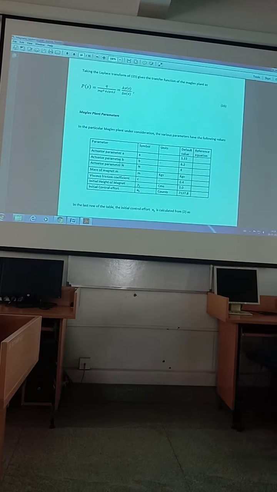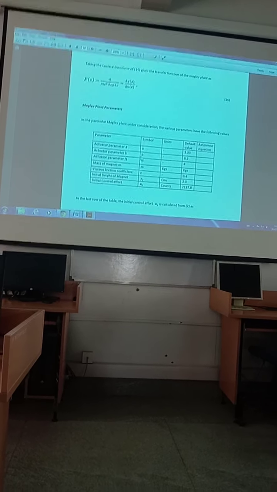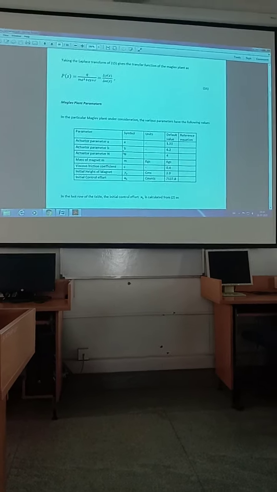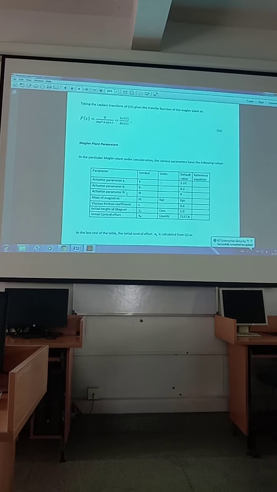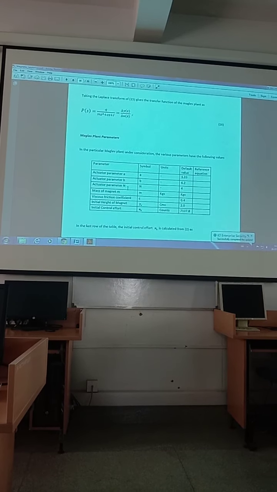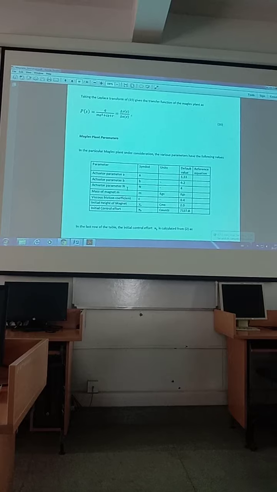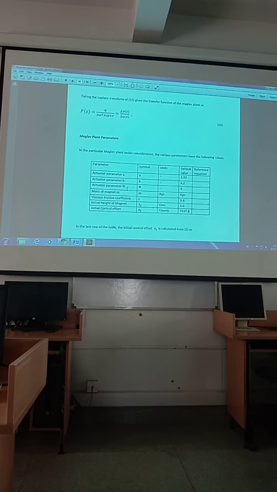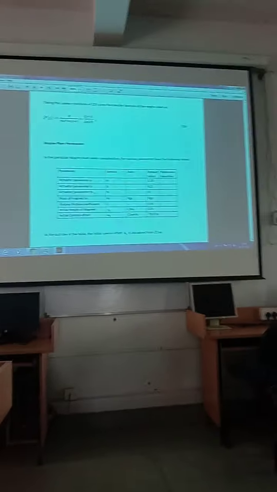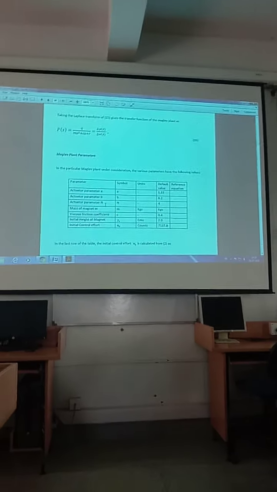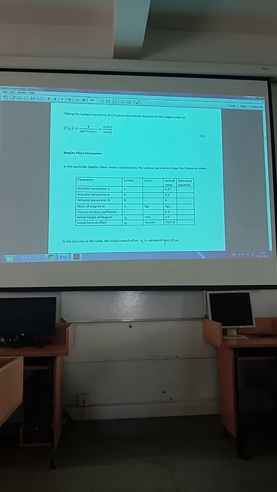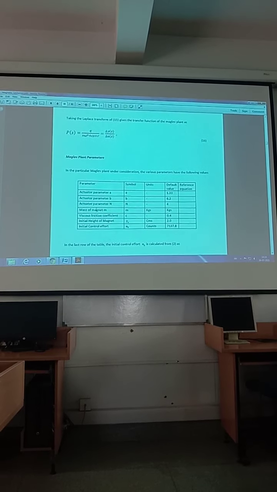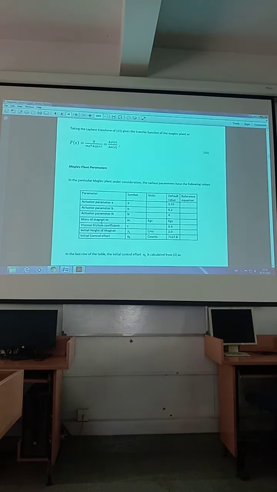Actuator parameter A, actuator parameter B. I told you there will be two actuators, one top and the other bottom. So two actuator parameters. It is a constant; it depends on which coil is used. A and B, and N is there. It is also a default value. For everything a default value is given, so you have to be aware of these things.